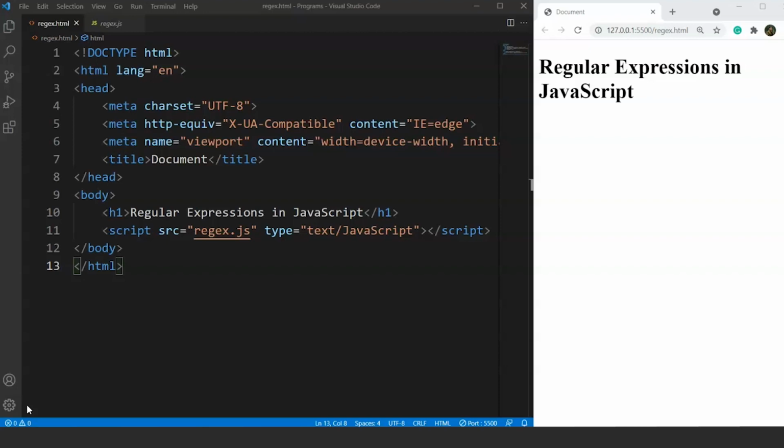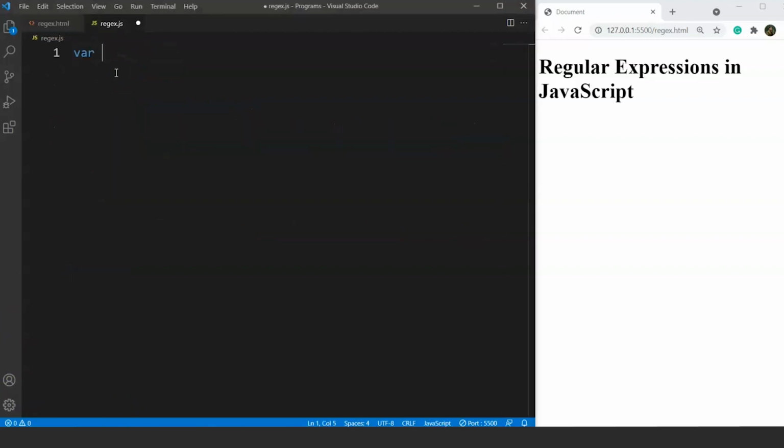What we'll do now is we'll use a word and we'll find that word in a string. We'll make some changes to that word with the help of several functions used along with regular expressions in JavaScript. So the syntax for regular expressions goes like this. We'll move to a JavaScript file and we'll take a variable here. So let's say the variable is var regex, and we use 2 forward slashes for it.